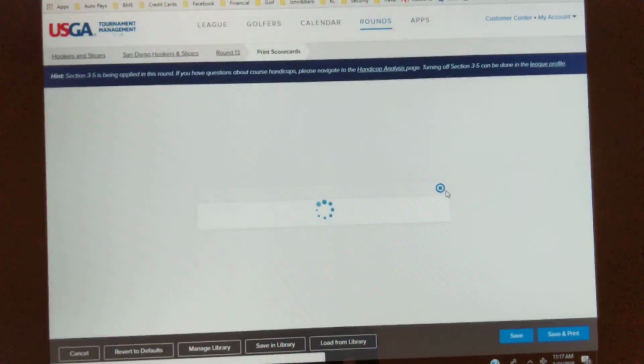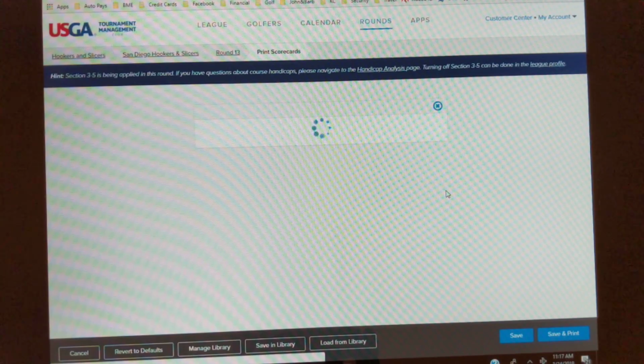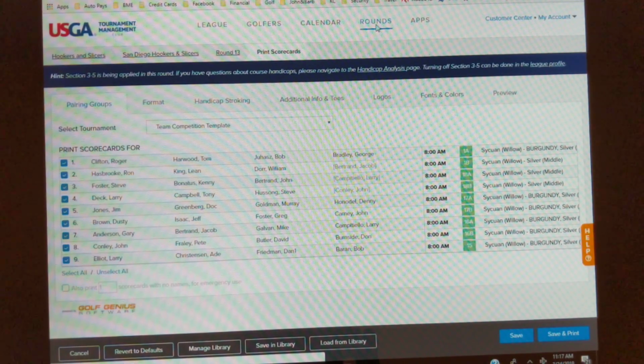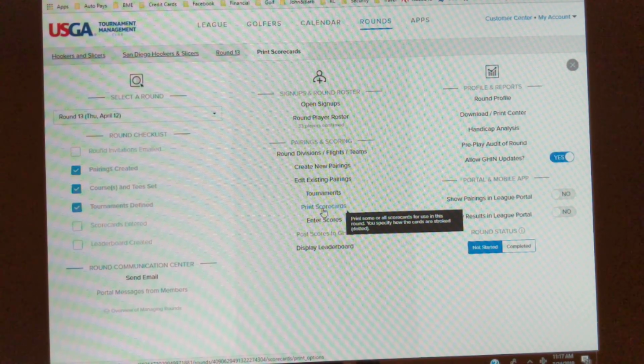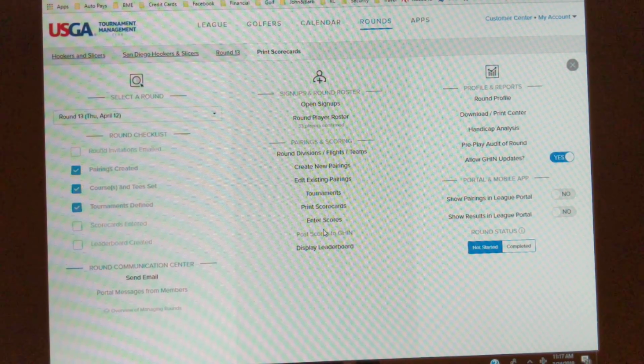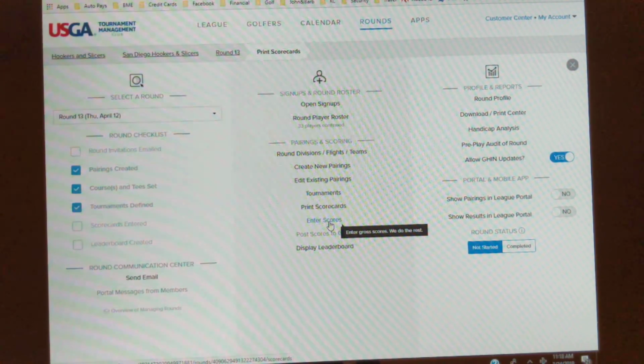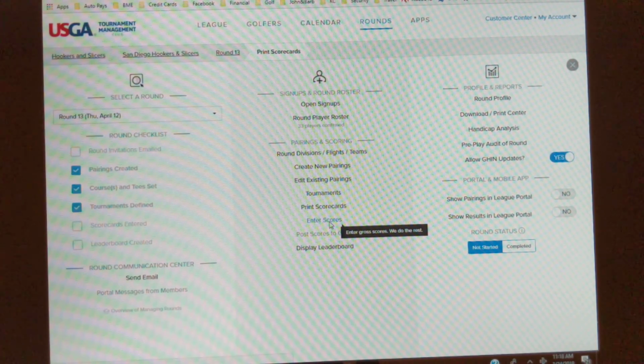It's actually going back to print cards, scorecards. So I need to go to rounds. Now I print my scorecards. Basically, you're done as far as setting up the tournament. So the next thing, if you want to test scores, you can do that here. If you want to make sure everything is working okay, you can click on enter scores. This normally you won't do because you'll enter actual scores on Wednesday. But if you click on enter scores,